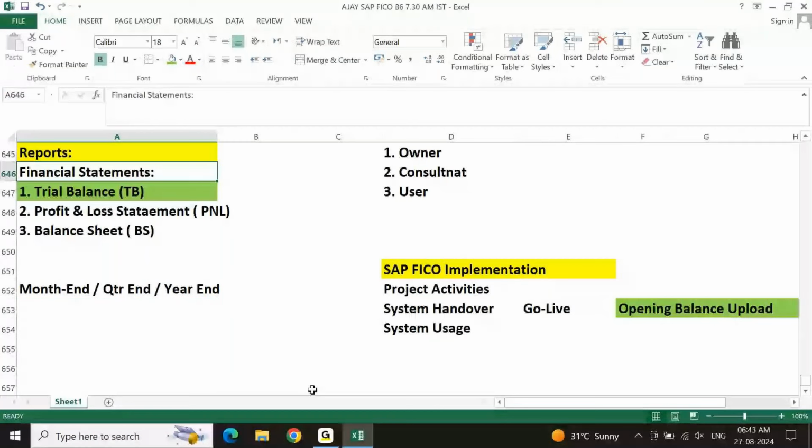At the end of every month, every organization, every user will have to finalize their financial statement. Financial statement meaning trial balance, P&L, balance sheet. For example, I am in the month of August now. August month end may be done once 31st August is completed, and official transactions related to August are closed. Now what you need to do, all the official transactions of August month, you need to account in August month. All the August month transactions you need to record in August month.